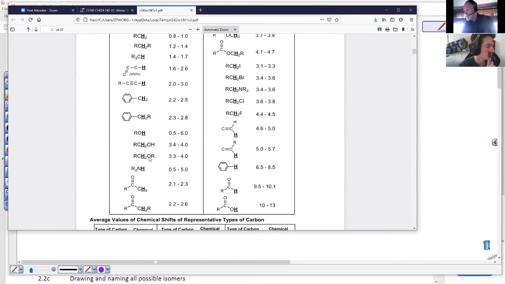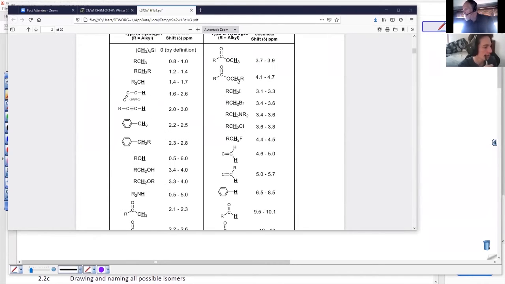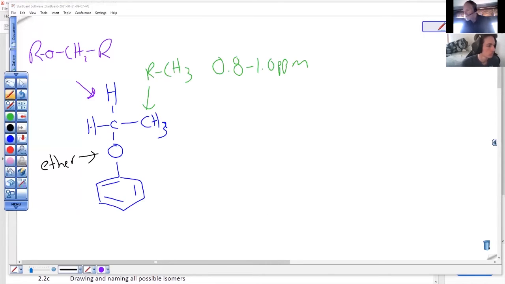Yeah, so that's an ether, and the H is there. Now, if it was an ester, it's a different story, isn't it? Ester, yeah, the H attached to the C attached to the O, much bigger number. And so this is the one we want, 3.3 to 4.0. So what we would see, if you had to summarize these peaks in their entirety, you would